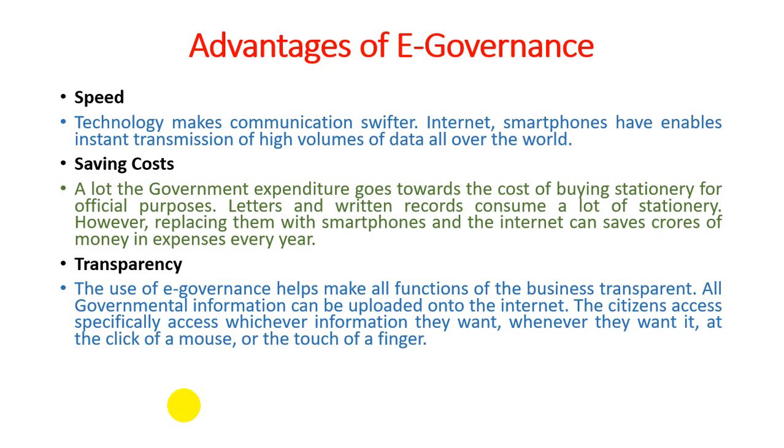Whenever you want to find out any kind of information, you just fill in a form. It is nothing but a 10 rupees form, and it should be available online. Every piece of information you must know or be aware of, you can definitely get within 15 days. It is one of the rules, and it is nothing but transparency happening in our India. Whenever they want, it is at the click of a mouse or a touch of a finger. It is nothing but a technological era. So transparency is a more advantageous concept in the form of e-governance.